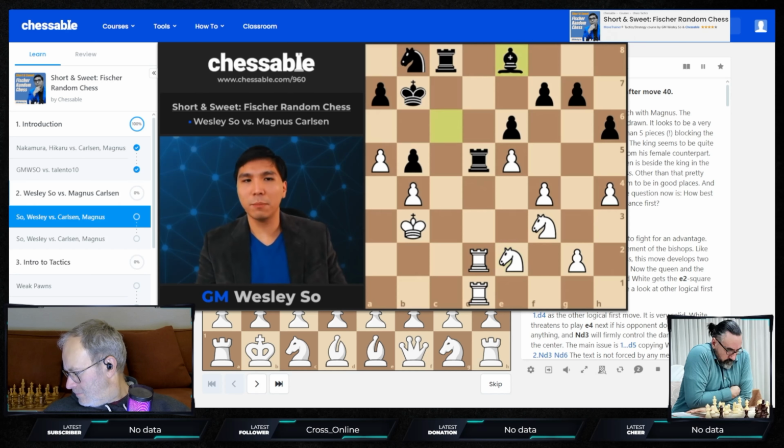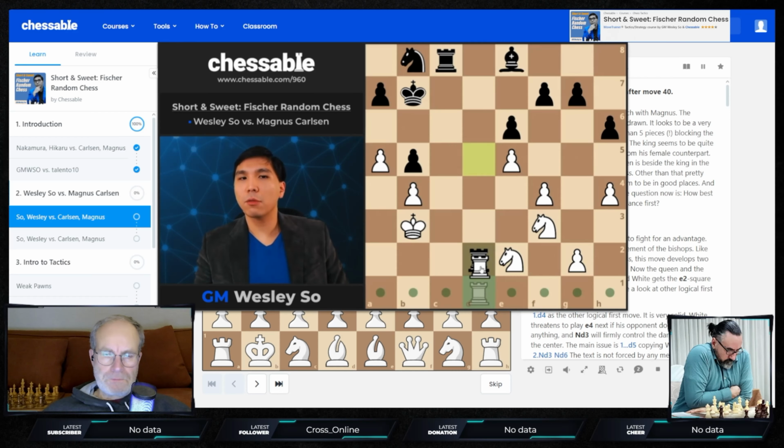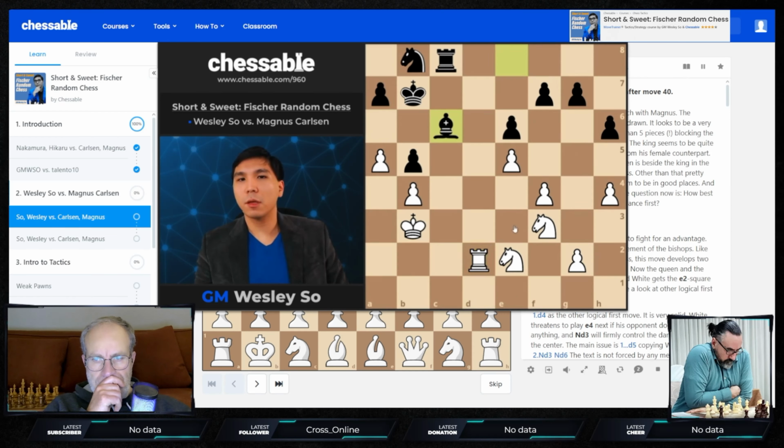But I played knight e2, and here Magnus played bishop c6. I played knight b4. If instead of bishop c6, black takes on d2, then white is still better. Takes rook d2, bishop c6, and then knight c3. And white is still better here because he's got a space advantage, and the white knight is coming to d4 next. Magnus played bishop c6, knight